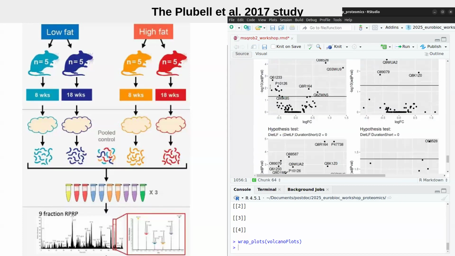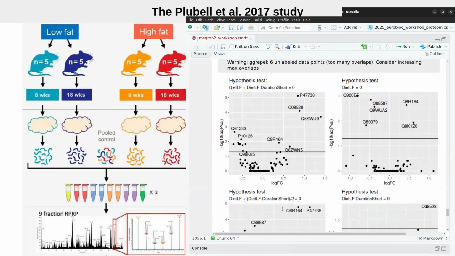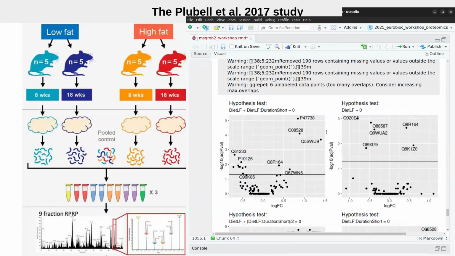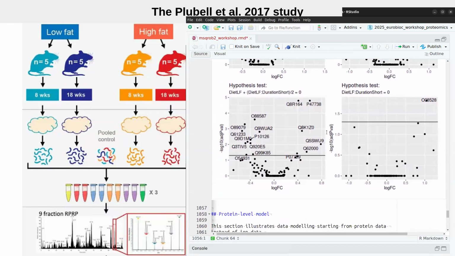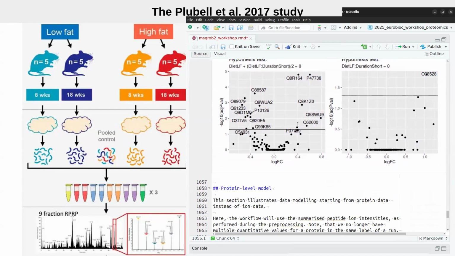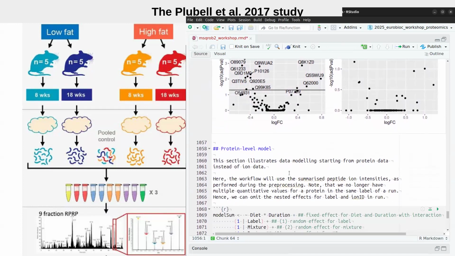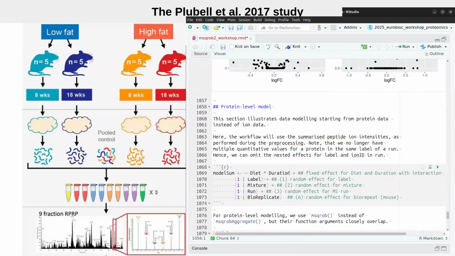And I get all the volcano plots in one go. I think that is also interesting, and we have all the different hypotheses we tested and the questions we asked. Now we can more easily compare the results to the different questions that we asked. Actually, for the sake of time, I won't show the results on the protein level, but the idea, just to tell